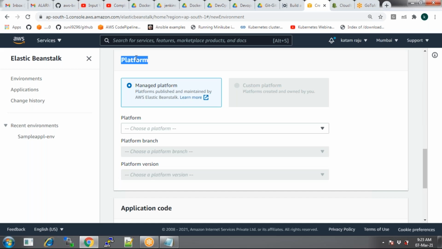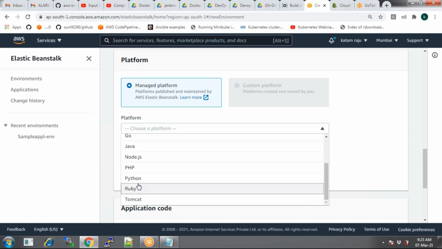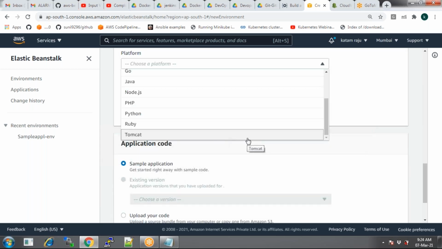But instead of doing it, AWS provides the Beanstalk option, where you can see the platforms ready. Which platform? Select the platforms. You have Docker and you have Golang application, and then you have Java, Node.js, Python, even Tomcat.